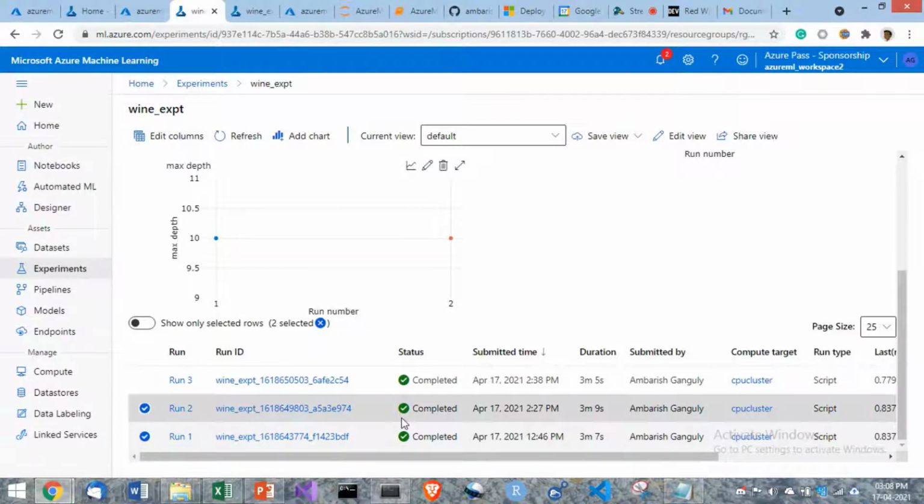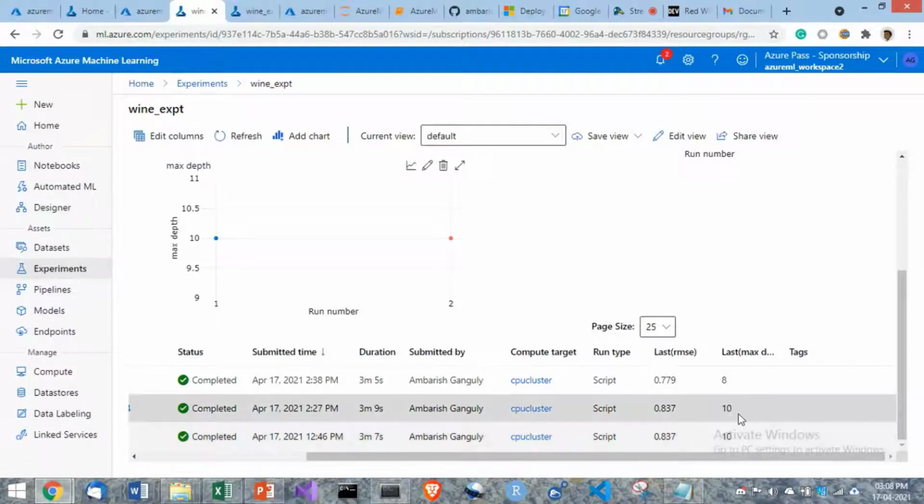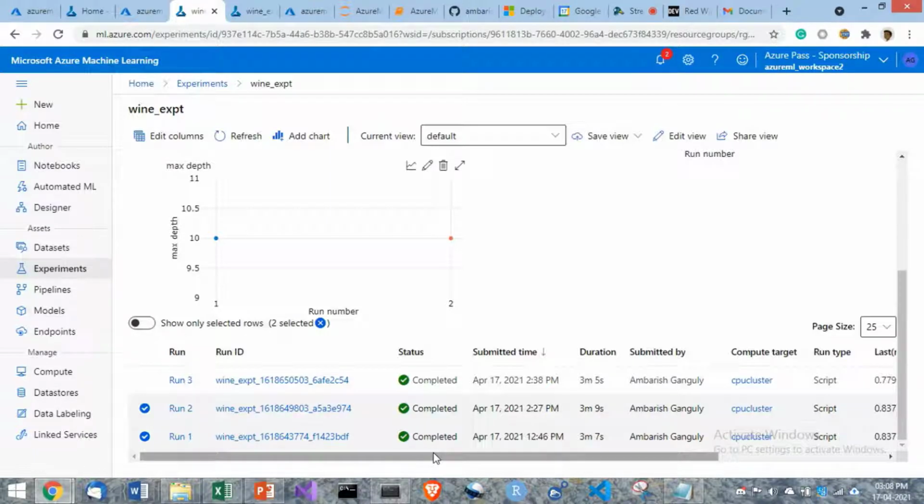So I was saying, previously I was not able to keep track of the experiments. Now I've got one experiment and I can change my parameters and do a number of runs. So these are the runs. You see here, this max depth, I did 10, 10, and then I did 8. And then I did the RMSE, which is the root mean square error. All this is tracked. You can submit as many runs as you can, and all this is being logged into this experiment in the workspace. One experiment, many runs. This is where you feel that everything is in one place.